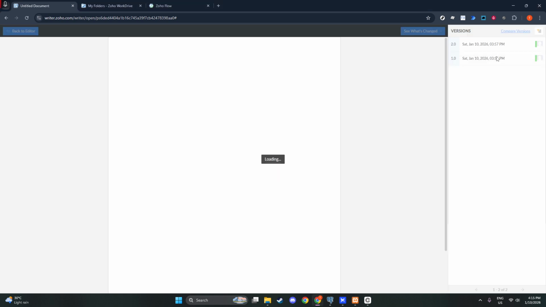If you want to view any version on its own, simply click it in the list. Zoho Writer will show you a snapshot of how the document looked at that moment in time. This is a safe, read-only view intended for review and comparison. Your active document stays exactly as it is, so you can move through older versions without worrying about overwriting your current work. Use the timestamps and any labels as a guide to jump to the draft you're interested in, and